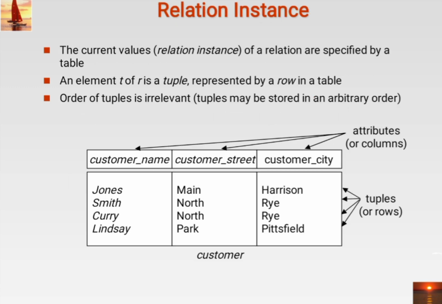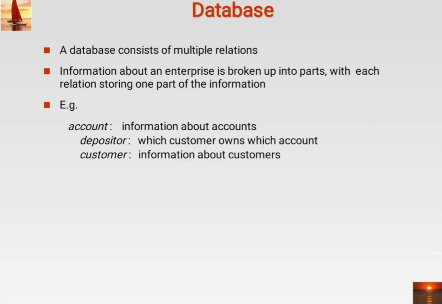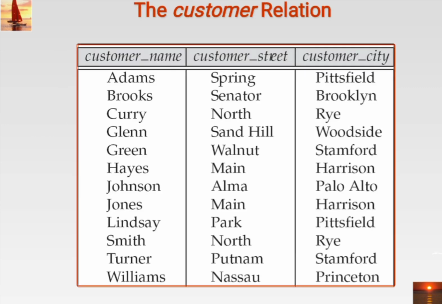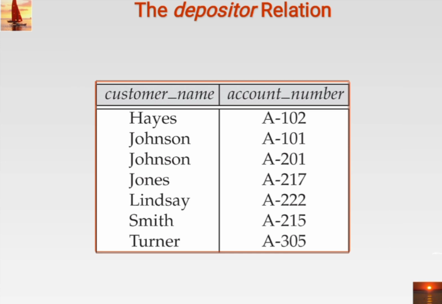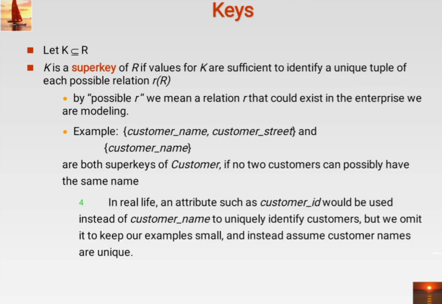in yesterday's lecture. What do you mean by relation, what do you mean by attribute, and what do you mean by tuple, that also we have seen. Database, what is the need of database and how we create the databases, that you already know. One example of the customer relation, or one example of the table, I have taken here, customer. Another example, then we have spoken about the keys.